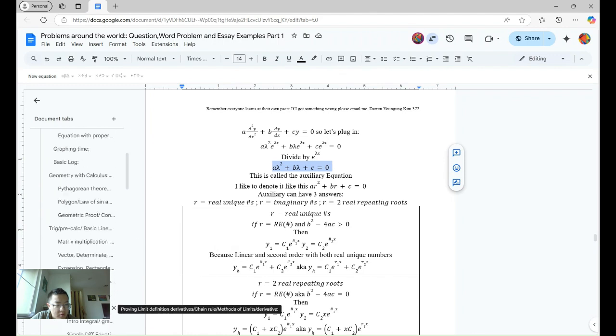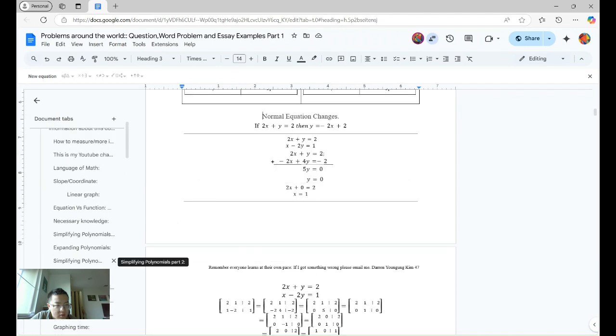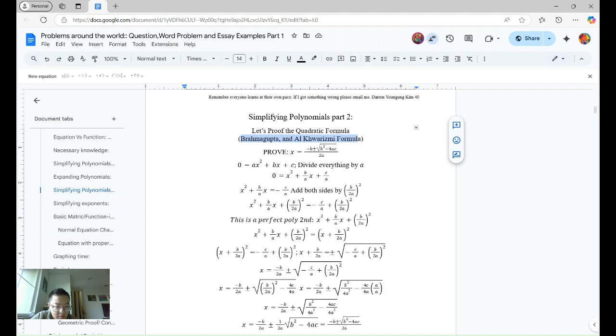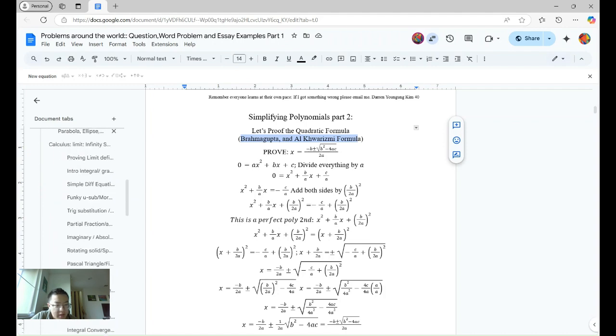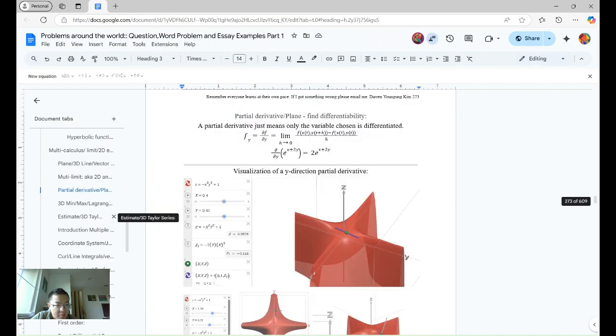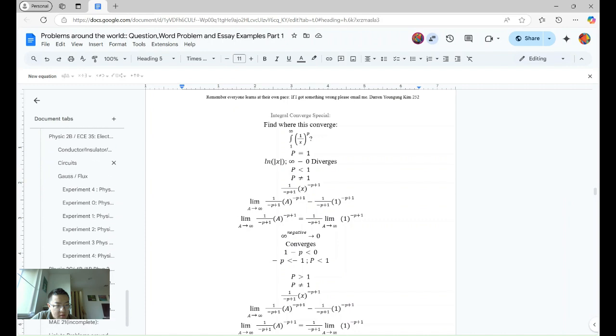Is it, no, that's the limit section. I think simplifying polynomial. No, this is, yeah. So I call it the Balgashian Alcott formula because that's what the people that made it. I can never say their name, so I'm not even gonna try. I'm just gonna say that's what it is. But yeah, let me go back to my